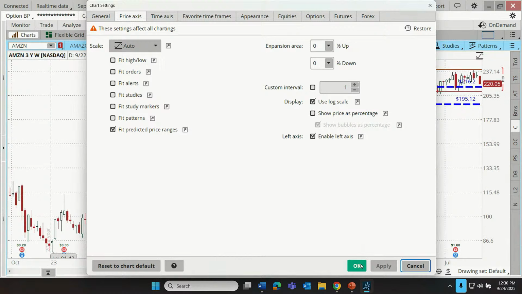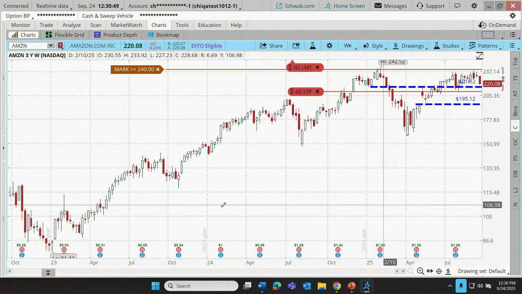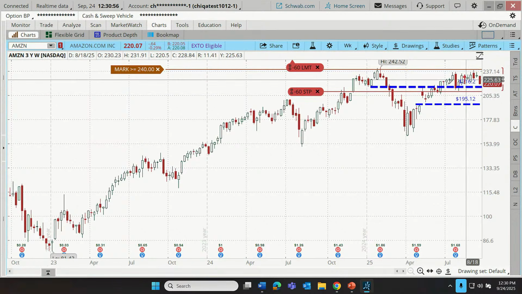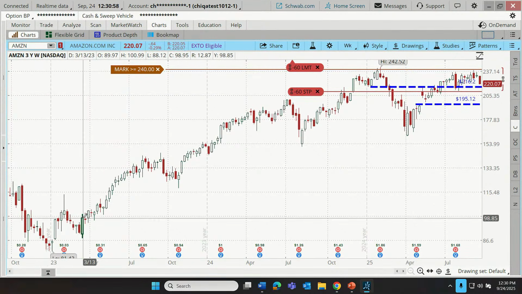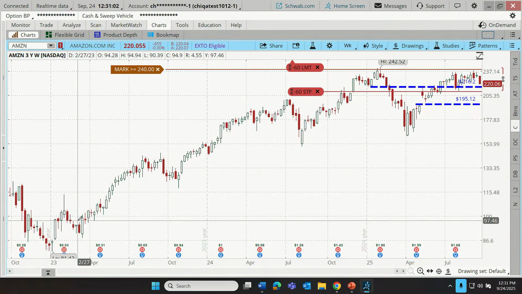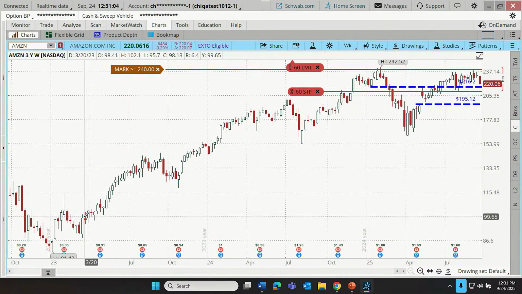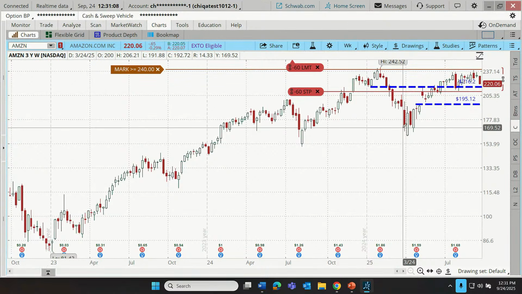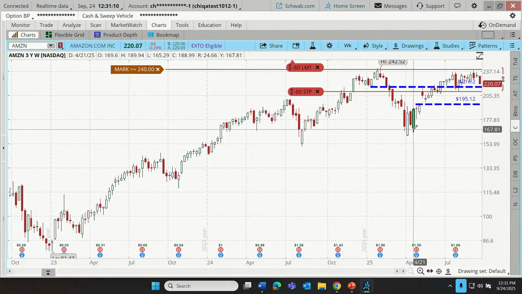And some traders prefer to see the logarithmic advancement of the stock because a 10% move now is equivalent to a 10% move back then. A $20 move now is not, in percentage terms, equivalent to a $20 move when the price was lower. So for some traders, they prefer to use this, and they might see it as maybe a clearer picture of where support and resistance levels might be. That sort of a thing.